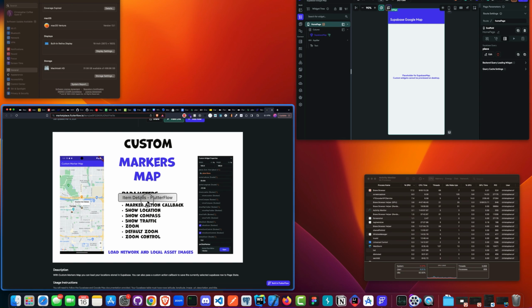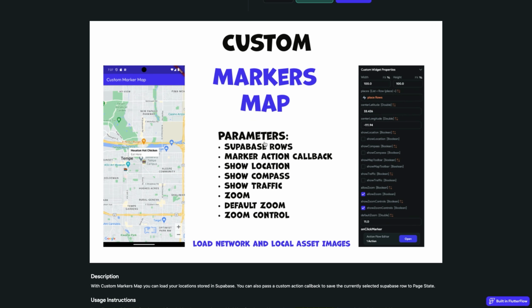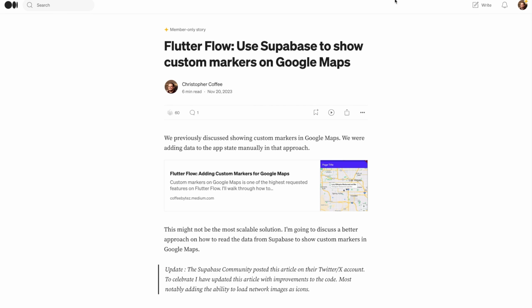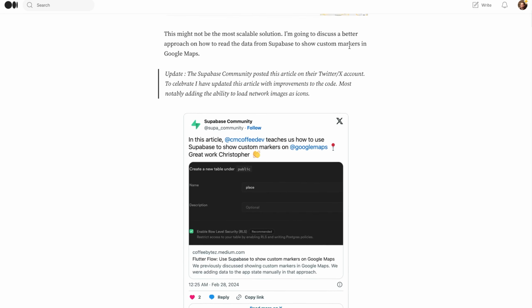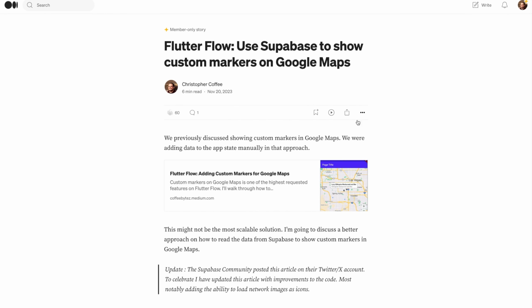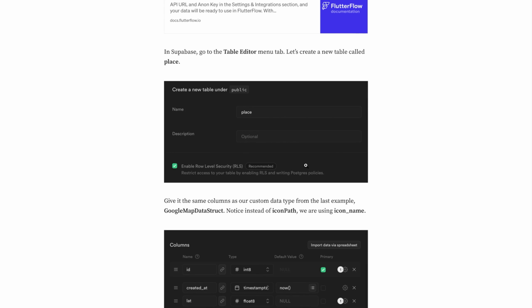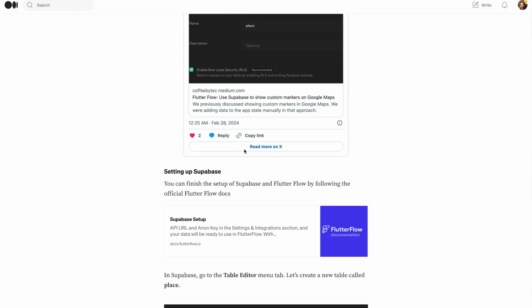The first thing is, of course, it's for Supabase, so you'll need a Supabase account. I'll link this here: use Supabase to show custom markers on Google Maps. First you need to set up Supabase, of course. I have the documentation here, and you just follow